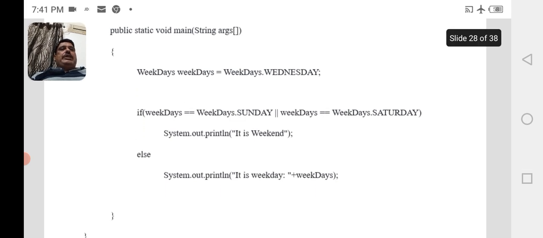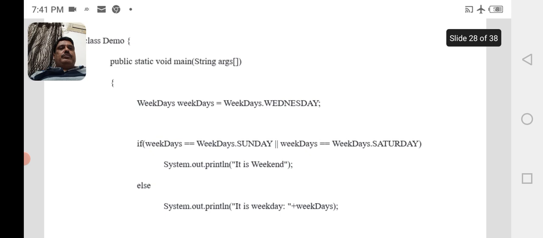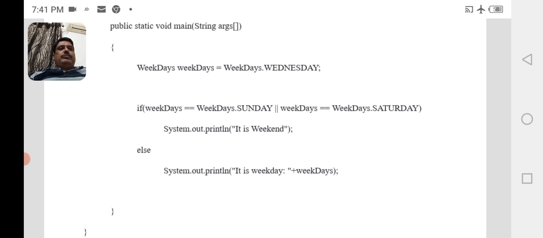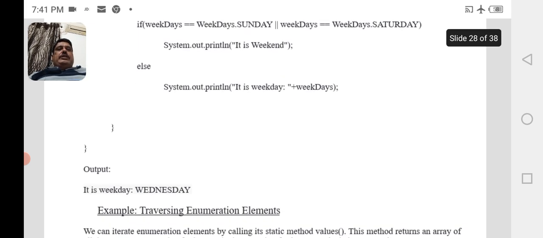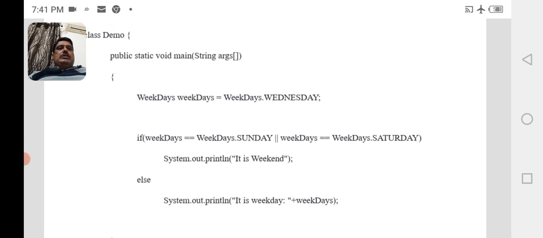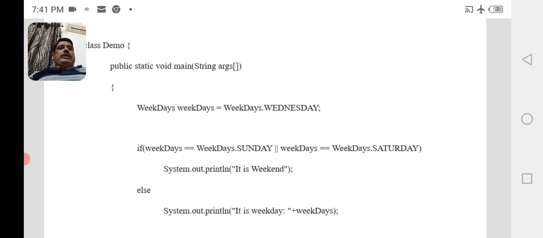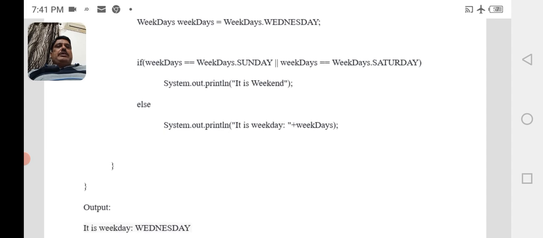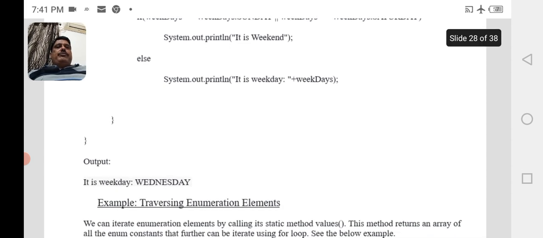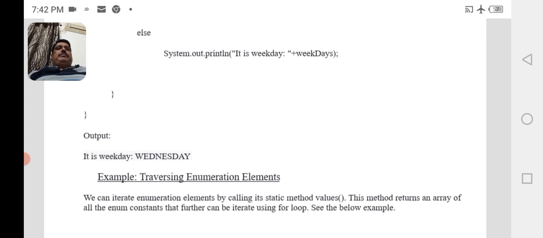Else system.out.println it is weekdays. When the above program is executed, since weekdays is assigned Wednesday, you will get the else statement: it is weekday, with the weekday name Wednesday.